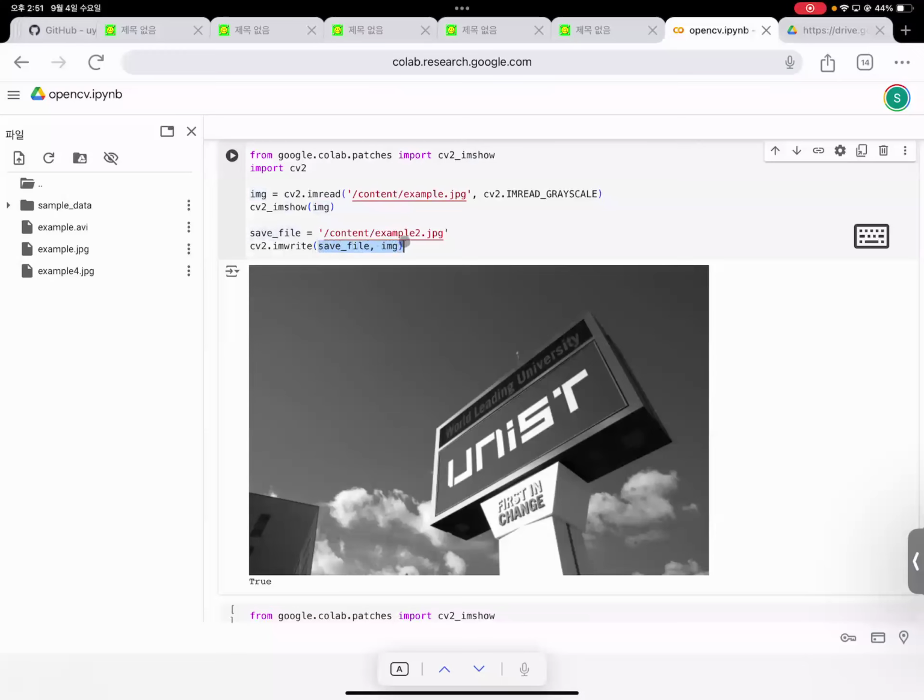This imwrite needs these 2 arguments, and just by inputting these 2 arguments into the imwrite function,